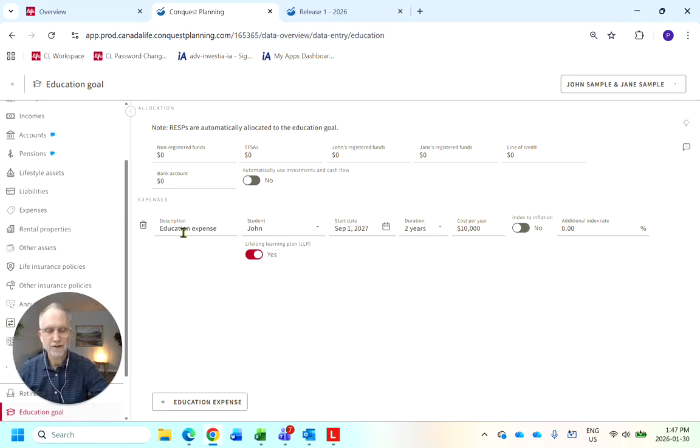So I've set the education expense for John occurring starting next year, next September. I put in 2 years and the cost is $10,000 per year. Note the little toggle down below. The default will stay at no, but if it's for a mature student, obviously I want to toggle that on to yes. So in this example, I can plan or illustrate how John can achieve this goal